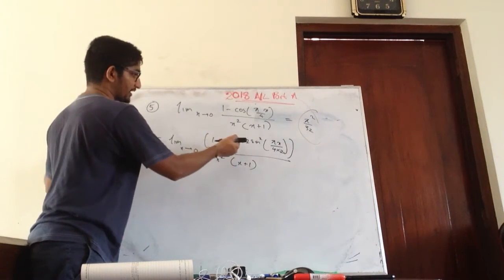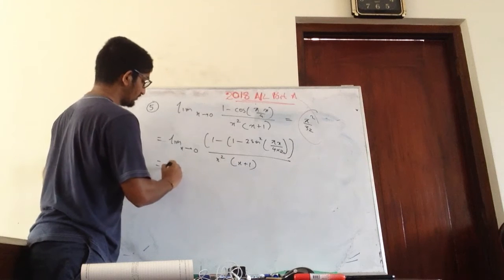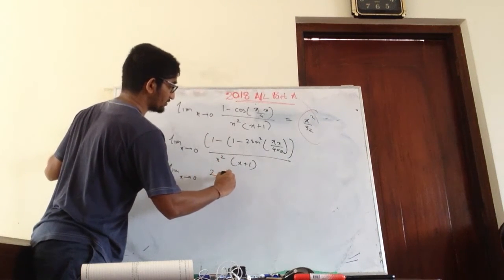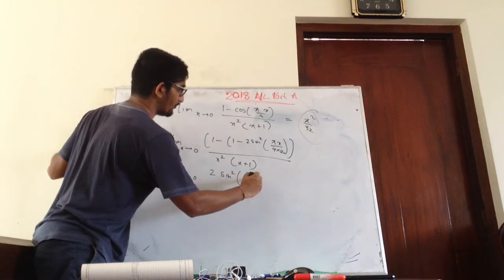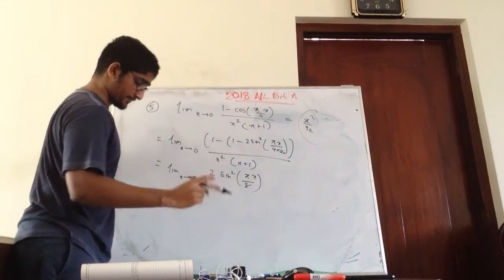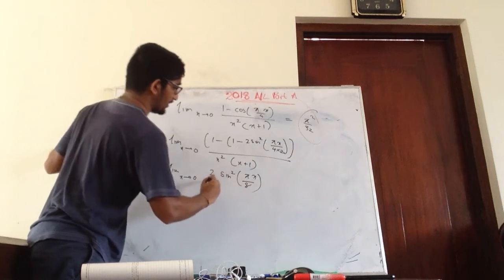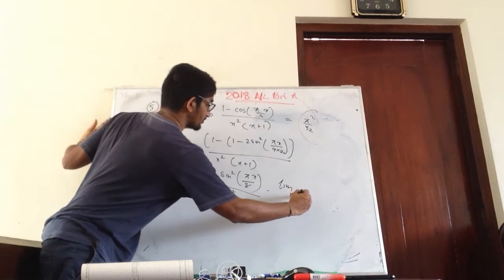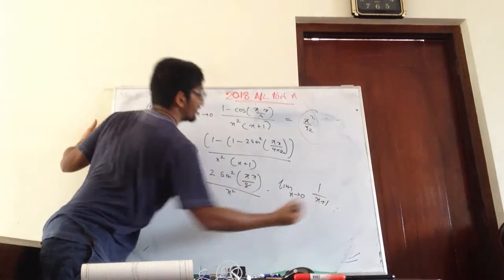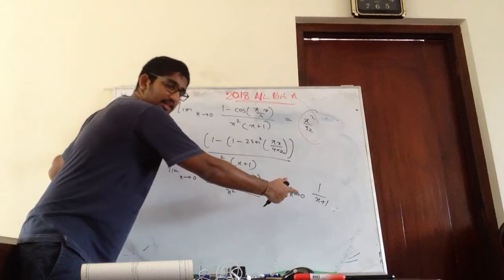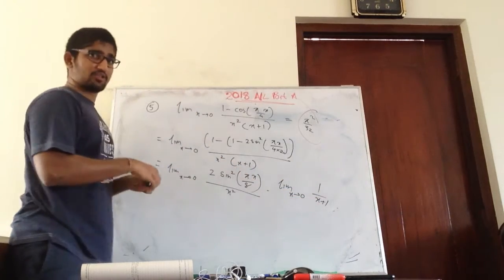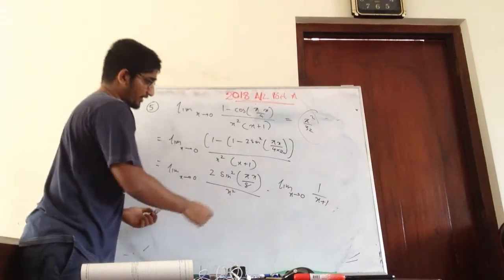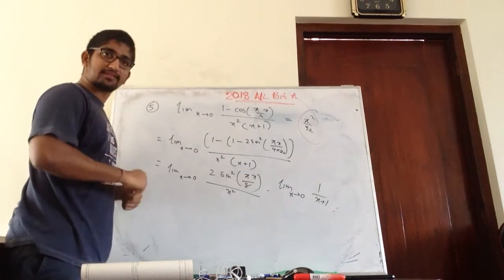Right, so here 1 minus 1 is going to be 0. You will get the limit as x goes to 0 of 2 sine squared (5x over 2) over 4x squared, times (x plus 1). So I can write this as a limit when x goes to 0 of x plus 1. We can actually get the answer here straight away, because it does not matter: when x equals 0, this becomes 1. Right. Here we need to do some manipulation.